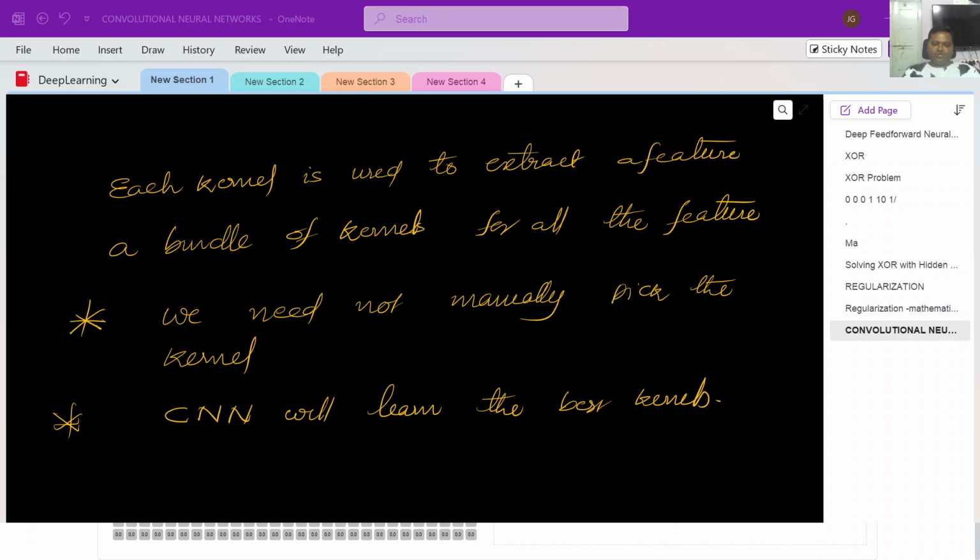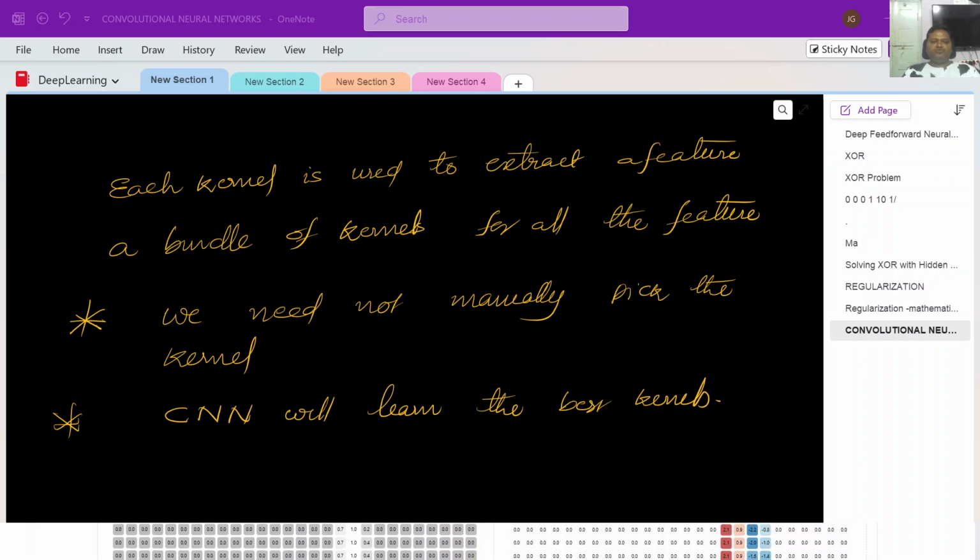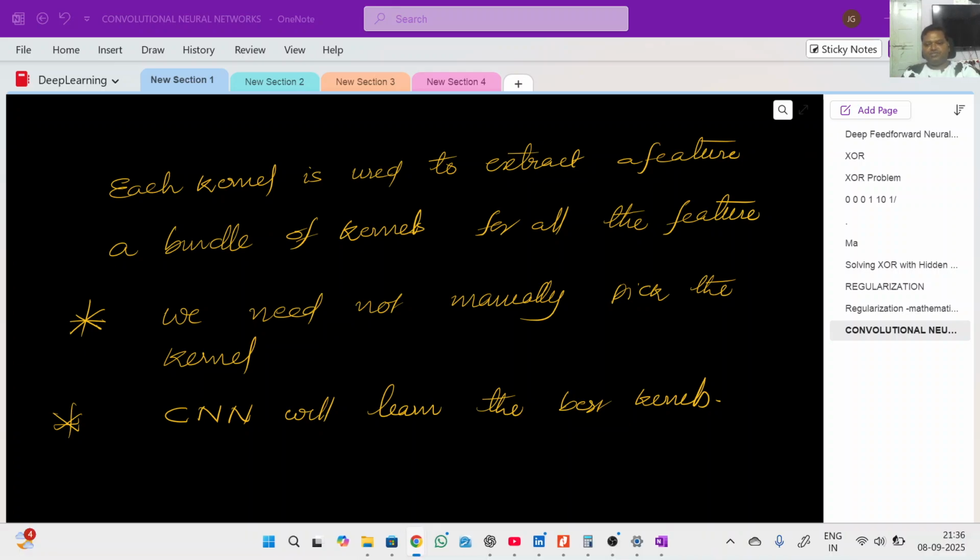So what is the good news? I told you that you need not manually pick which filter should be applied, which filter should be considered, because your CNN will automatically